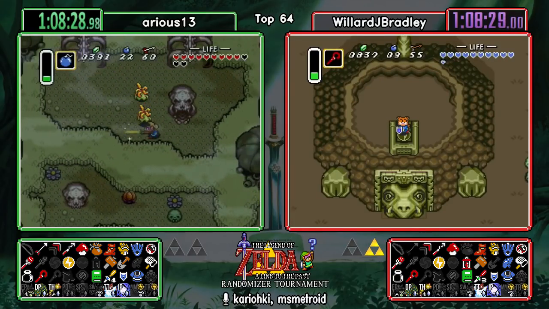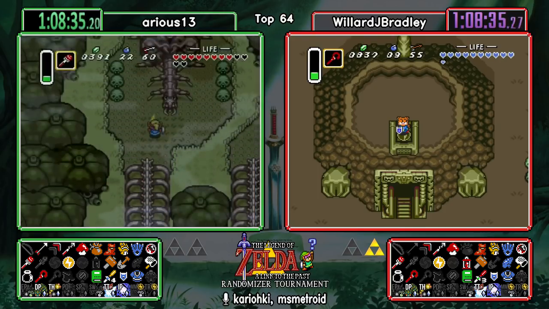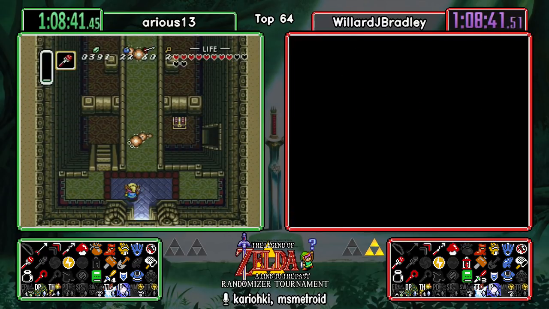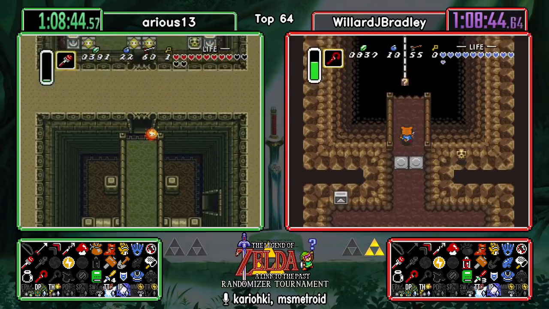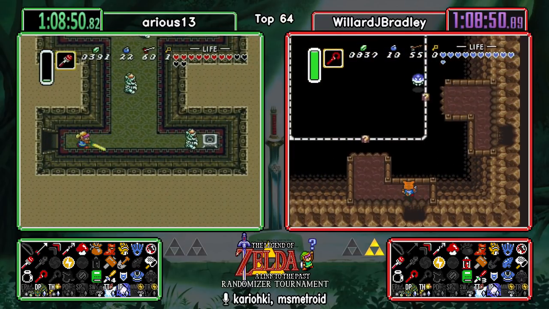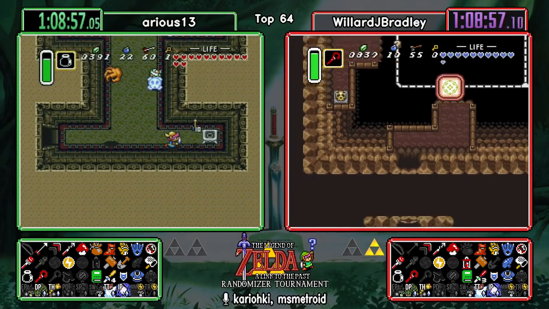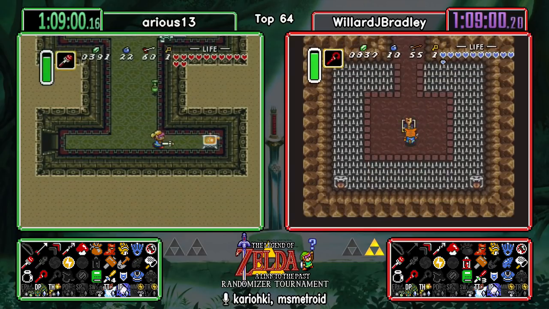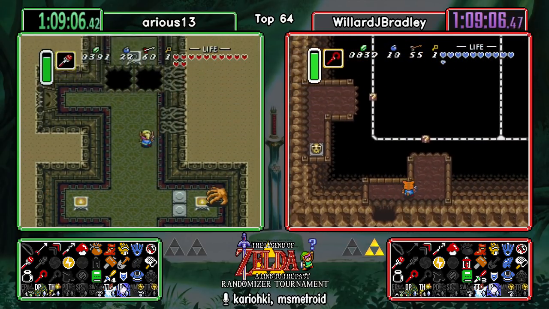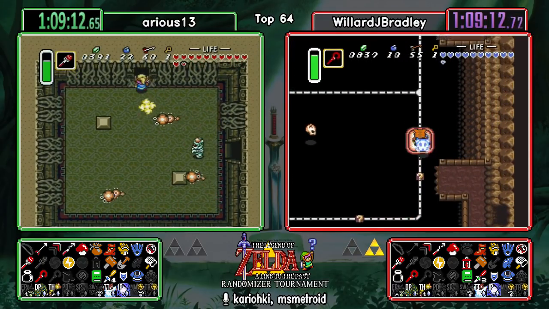For some reason, I always have a habit of picking up that extra key in that skull room there, even when I don't really need it. It's just like, I need to have it. Oh, he's gonna go do Mothula first. There goes that blue potion. Oh! That mummy dropped a full magic refill right after he used the blue potion. Yeah, that's bad timing. I mean, it would have been really good timing, but...